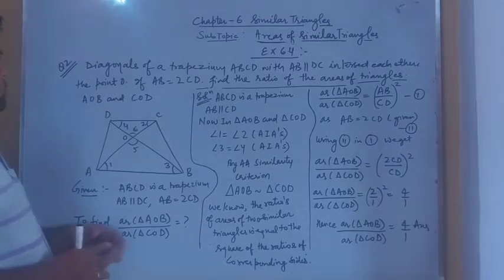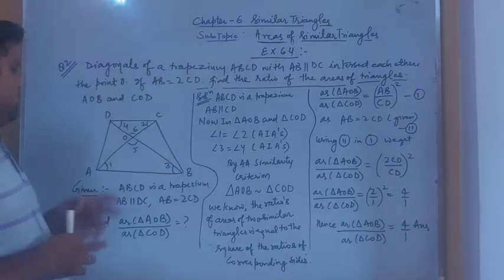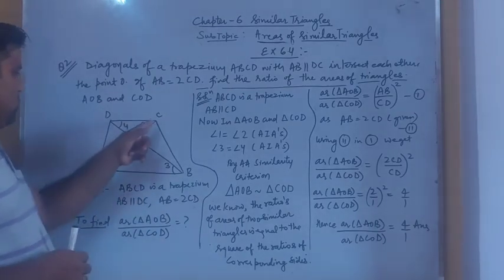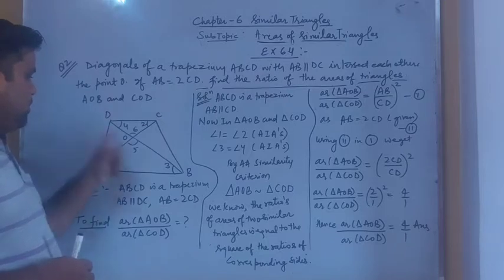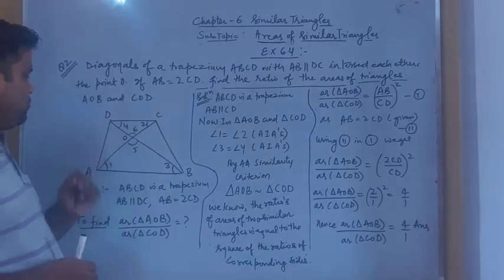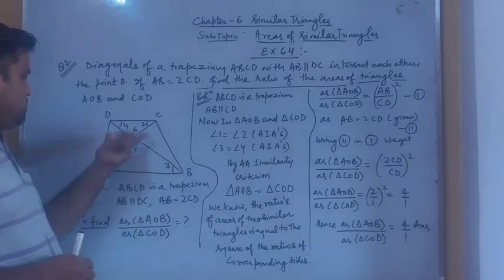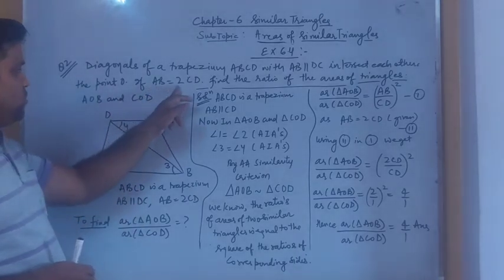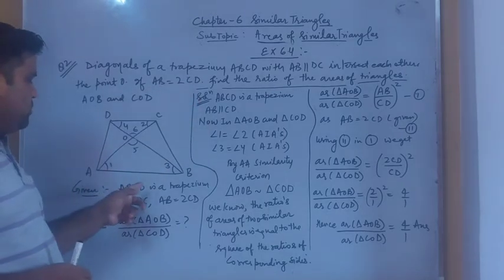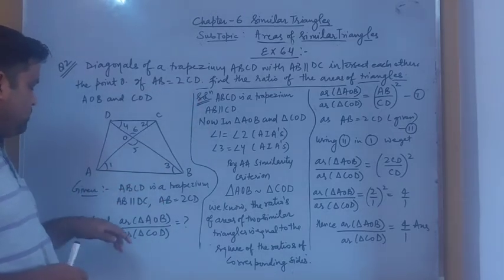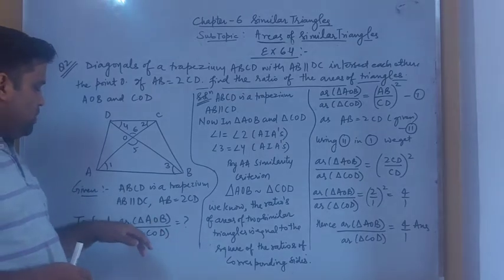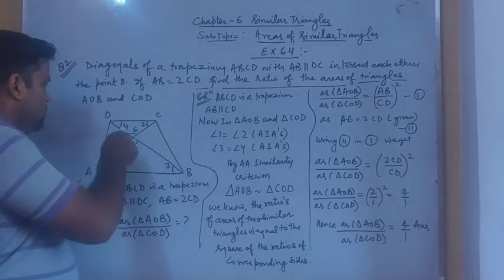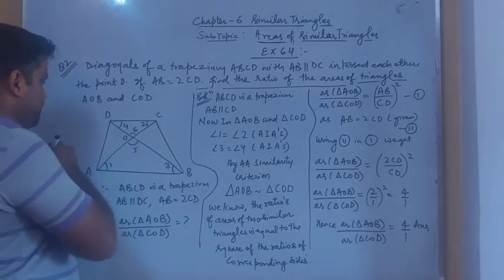Here in the question we have the figure of a trapezium ABCD. So first of all we draw ABCD, which is a trapezium. Here AC is a diagonal and BD is a diagonal, which intersect each other at the point O, and AB is parallel to CD, which is given, and we are given AB equal to twice CD. We have written all these in the given. We have to find the ratio of the area of triangle AOB by area of triangle COD. This is the triangle AOB and this is the triangle COD.